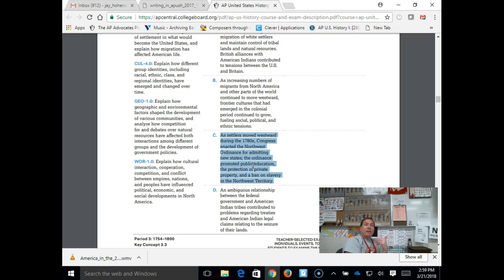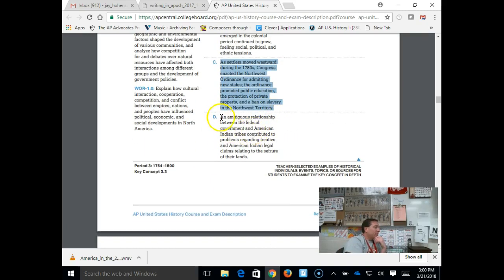When we get to the Compromise of 1850, William Seward is going to point that out in his debate about California, where he's going to say, of course the federal government can jump into the issue of slavery. Washington and Jefferson and all these guys did it way back when, and it was legit then. It's still legit now.